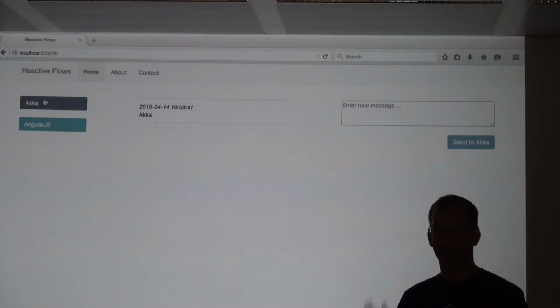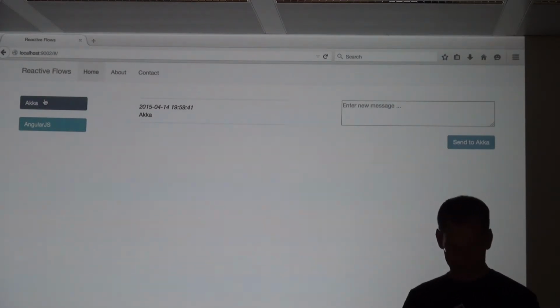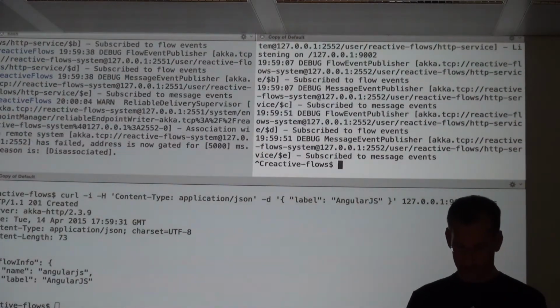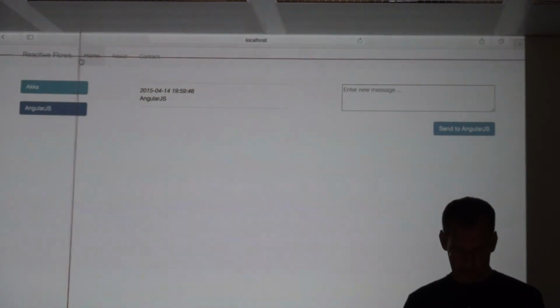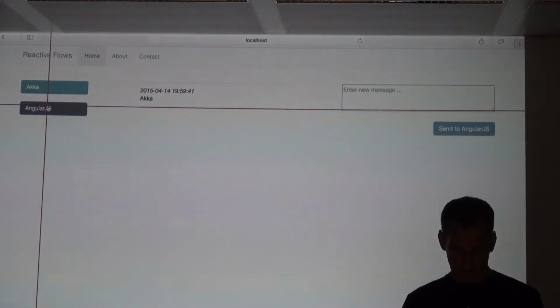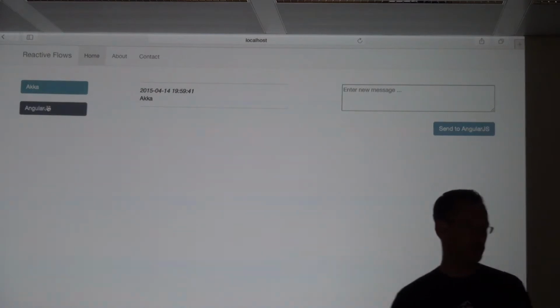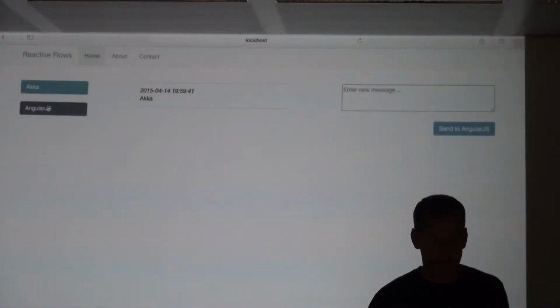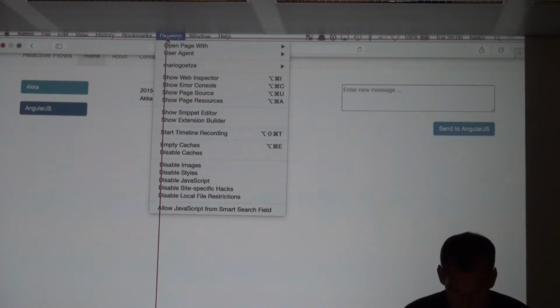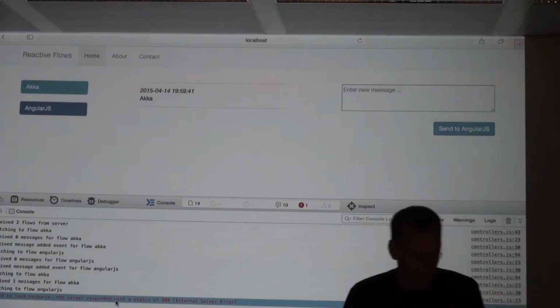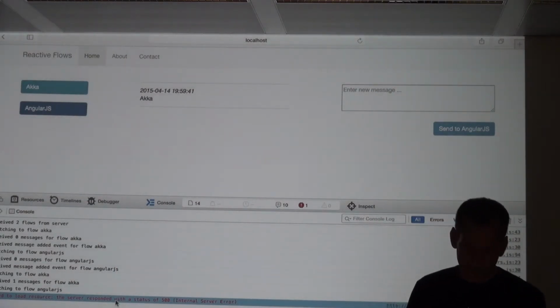Now what happens if we bring down one of those nodes? For example, the second node. Just terminate it. If you go back here, yeah, Akka. Have you seen that? I clicked on AngularJS and it shows me Akka. Well, that's, I would say, a bug in the implementation here in the JavaScript, because if you now look at, where is it, error console? Ah, here. Okay, so we got back a 500. And that was because the other node went down.